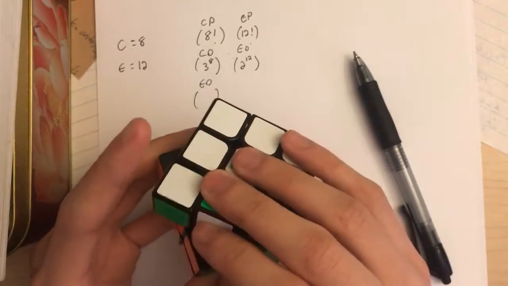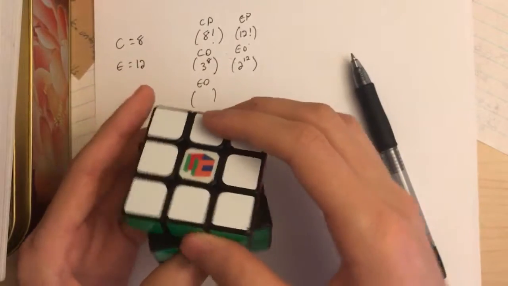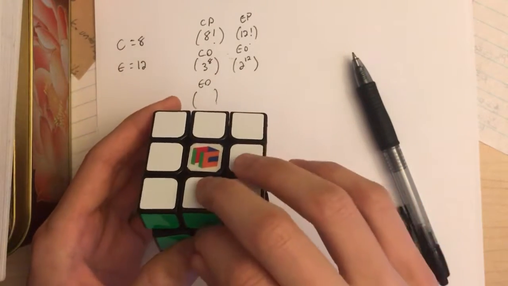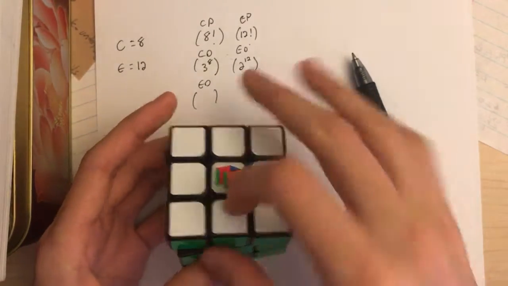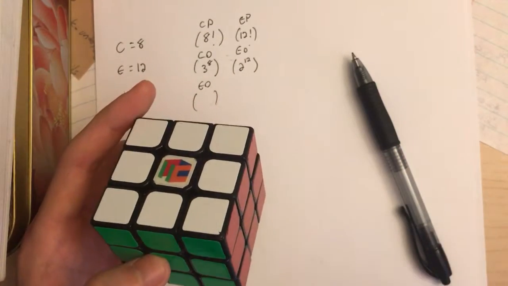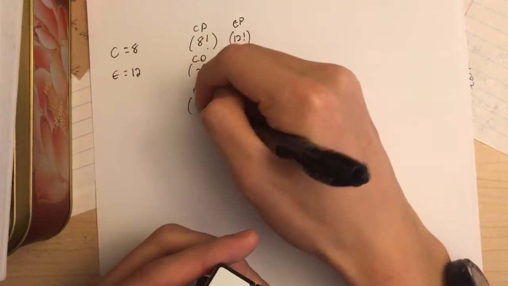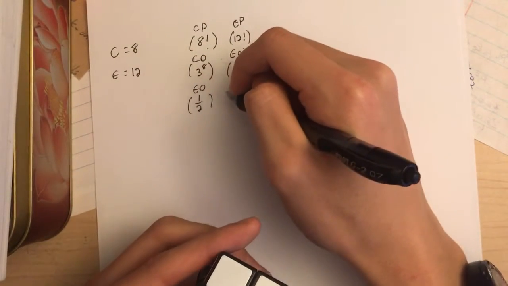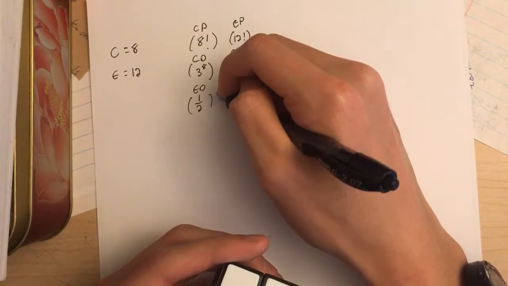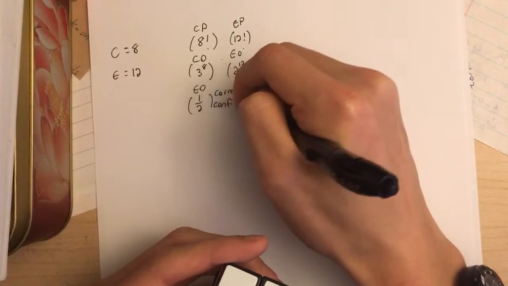If we put the last edge in one way, the parity will be odd. If we put it in another way, the parity will be even. So whether the parity is odd or even depends entirely on how we put in the last edge. So therefore, there are only 1/2 ways that we can put in the correct configuration,